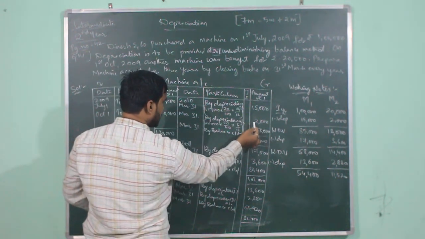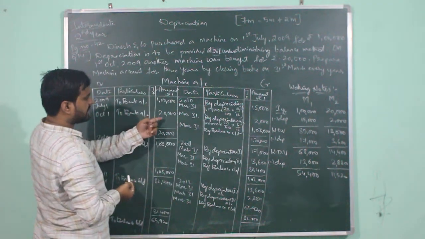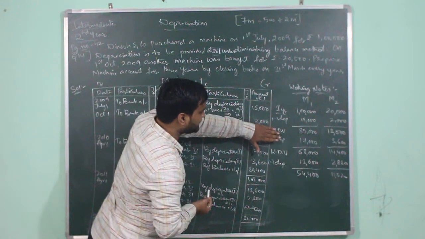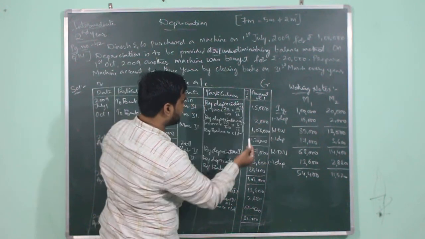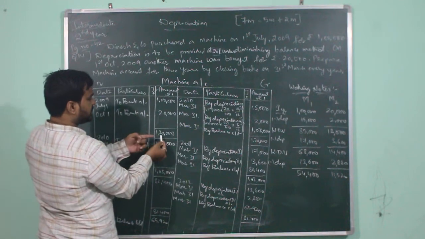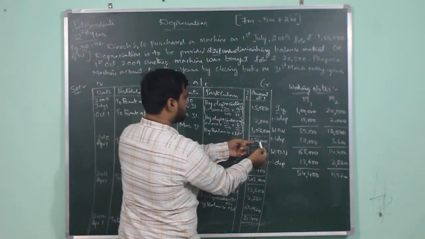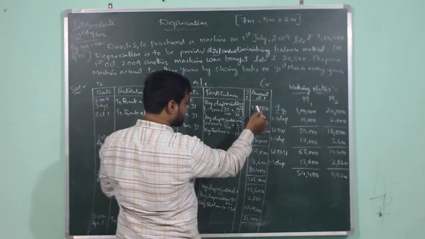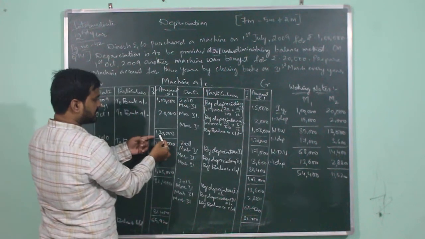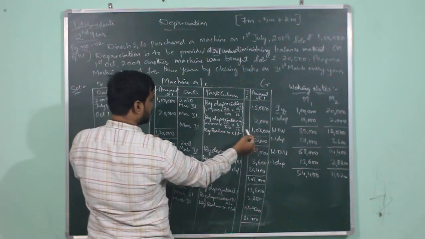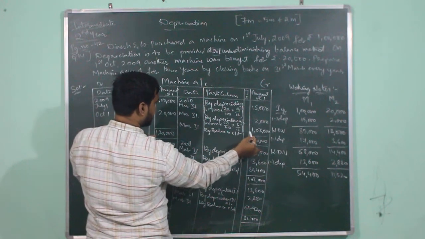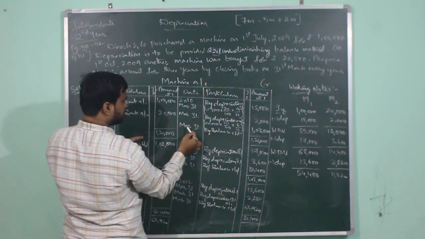which will be 2,000. Now balancing it, here the total will be 1,20,000, and here the total will be only 17,000. So at the time of balancing we will be writing the highest value. So 1,20,000 will be recorded on debit side of machine account, as well as 1,20,000 will be recorded on credit side of machine account. Subtracting 17,000 from 1,20,000, the value which is left out is called as closing balance, which will be recorded as by balance carried down 1,03,000 at the end of the first financial year.